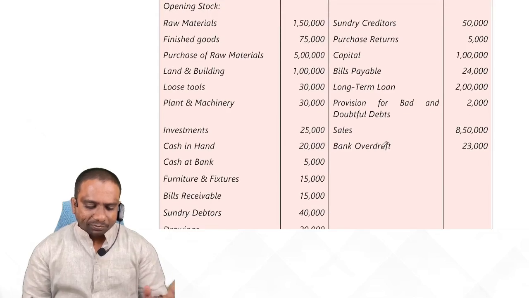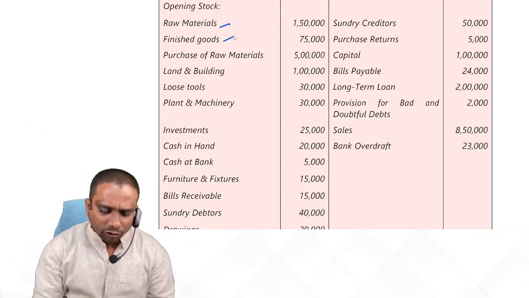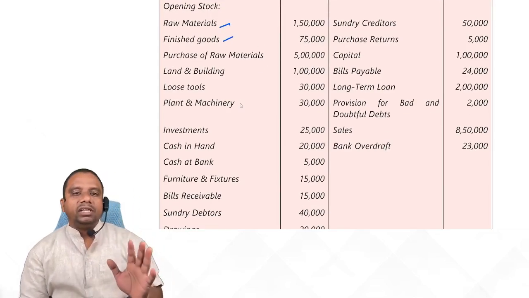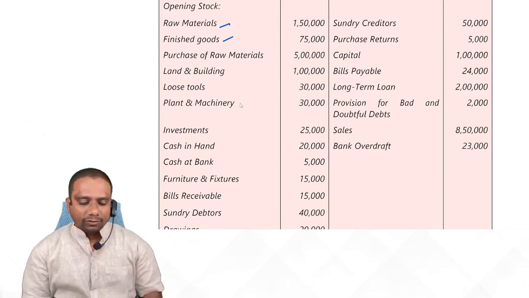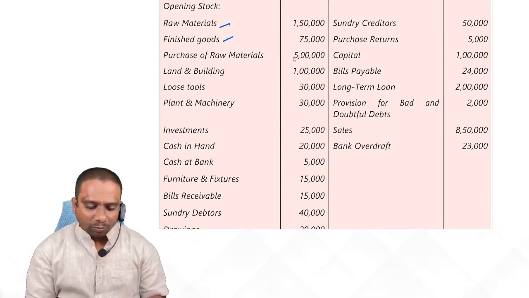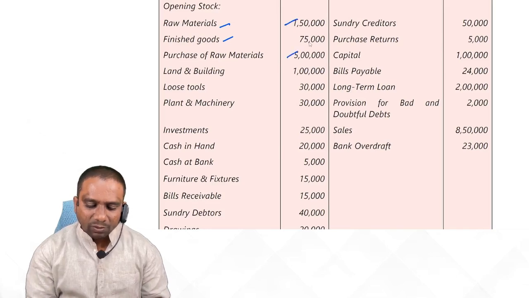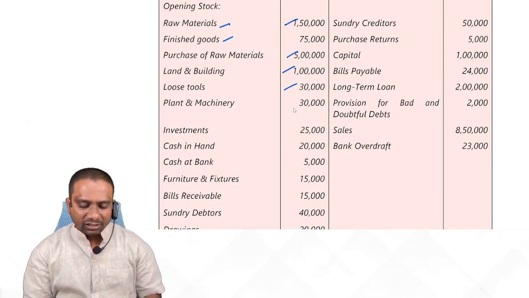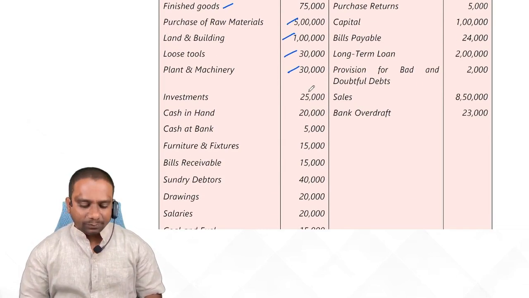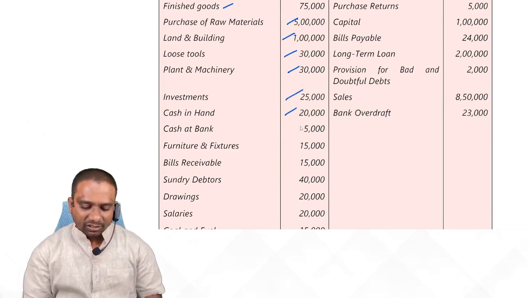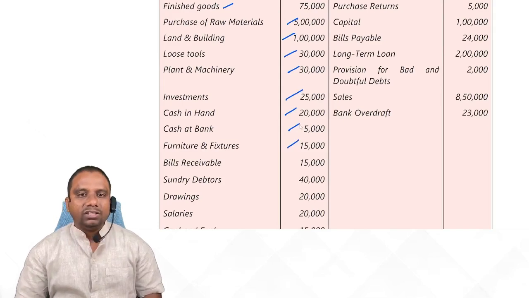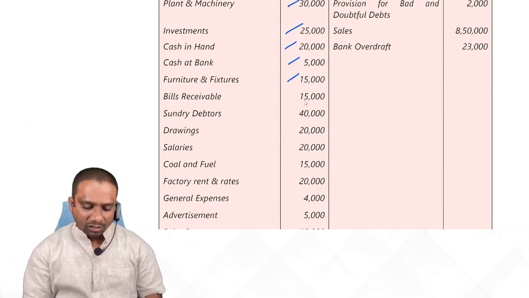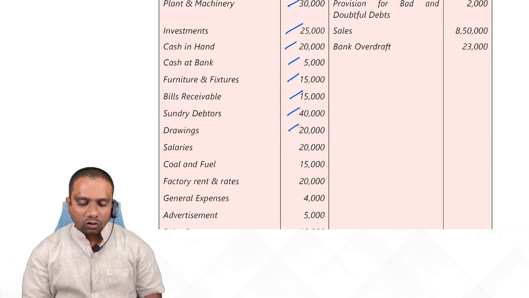Observe. Opening stock. Raw material, finished goods. Raw material, manufacturing account debit side, finished goods trading account debit side. Purchase of raw material 1 lakh 50 plus 5 lakhs. Land and building balance sheet asset, loose tools balance sheet asset, plant and machinery balance sheet asset, investments asset, cash in hand asset, cash at bank asset, furniture and fixtures asset, bills receivable asset, sundry debtors asset, drawings deduct from